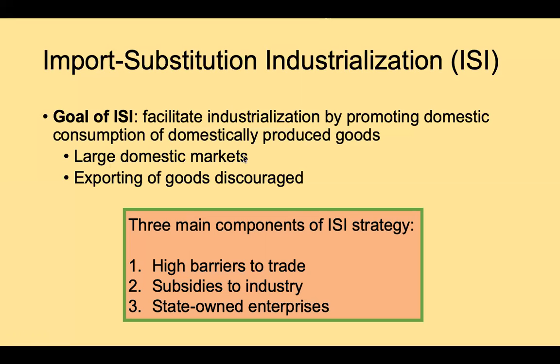And then finally, state-owned enterprises. Not only do you impose barriers to trade and subsidize industry through cheap credit, tax breaks, and other kinds of sweeteners, you also make sure that the key enterprises of the economy are state-owned. And so basically it's what is in effect an entirely state-owned economy, or one that is mostly state-owned and one that involves a heavy role for state subsidies and state credit and state protections. This is the infant industry paradigm, the approach that involves growing the economy domestically first through a variety of different